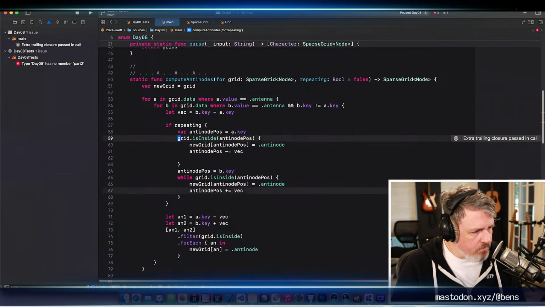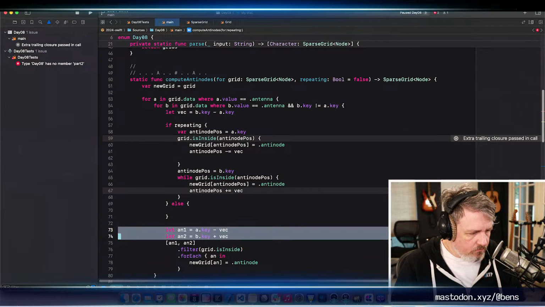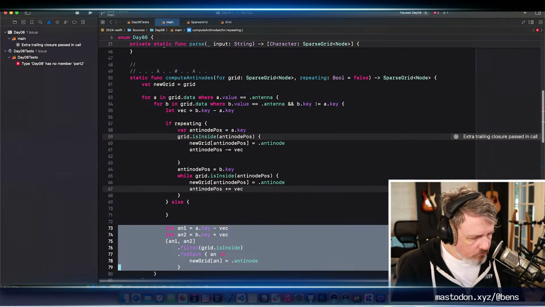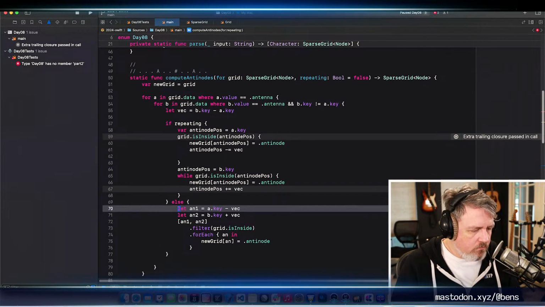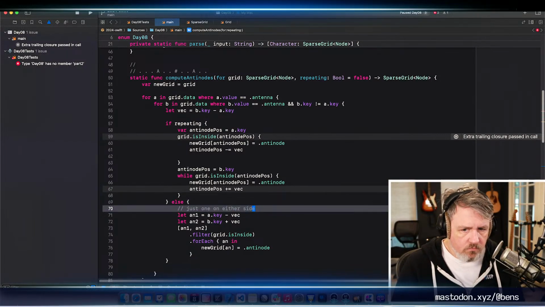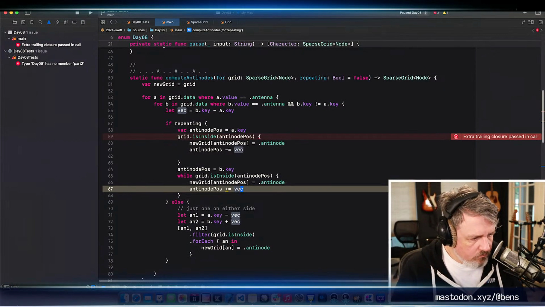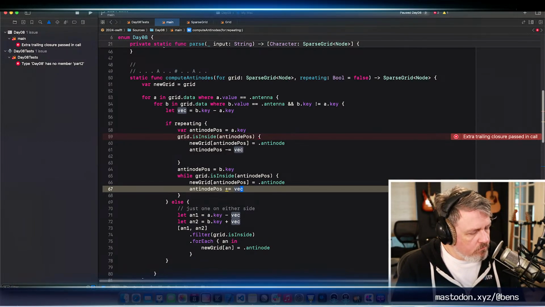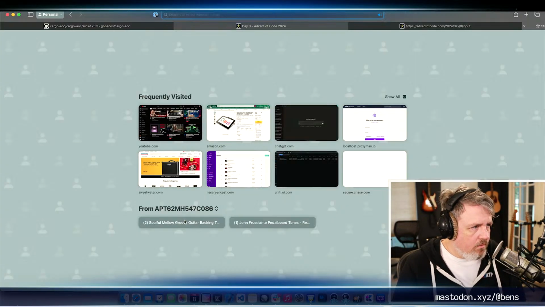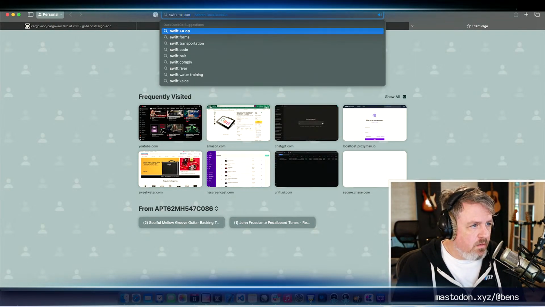I suppose I could do it like this. I'm missing something on the Swift plus equals operator.